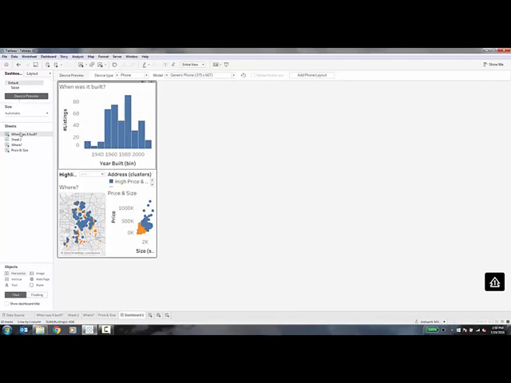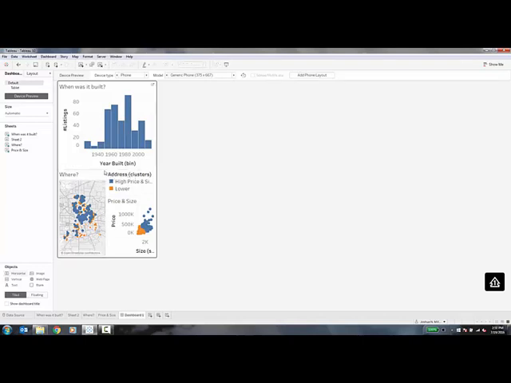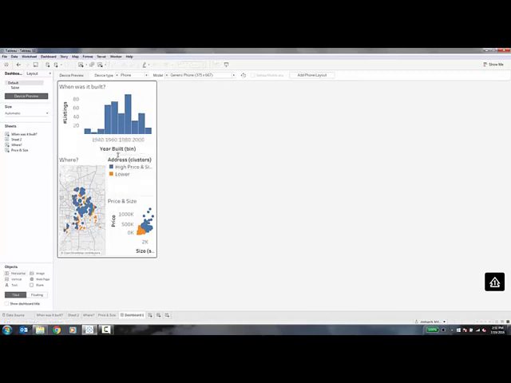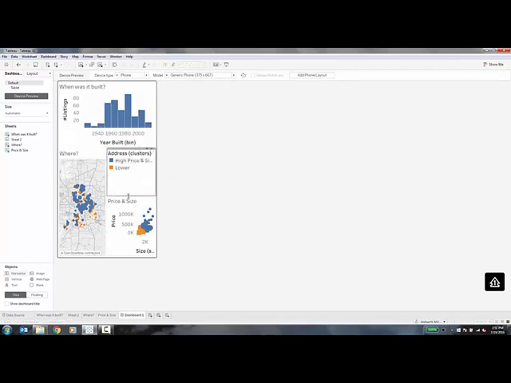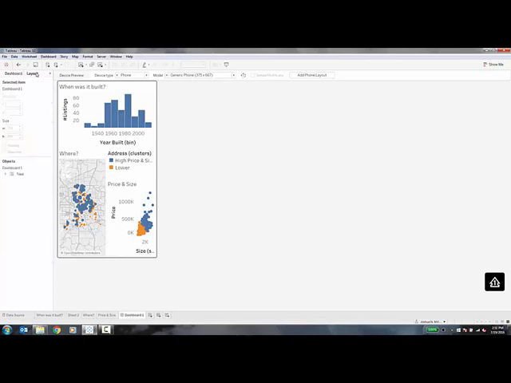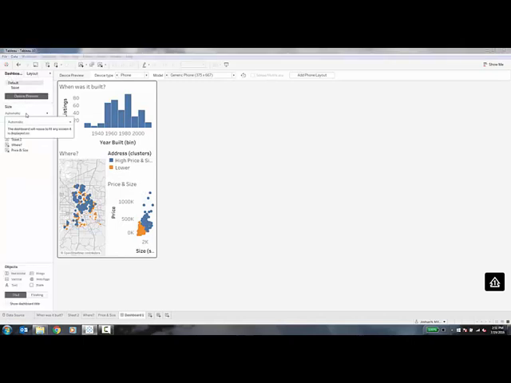So instead of designing for the default, now I can say, you know what, on a phone, we need to see the legend. That's important to know what those are, but the highlighter will take that out. That's not as important at this point. And the year build, maybe we'll sort of squeeze that up there a little bit more. And in fact, between these two views, that's really scrunched up. So I'm going to, on my size, say, let's add this phone layout